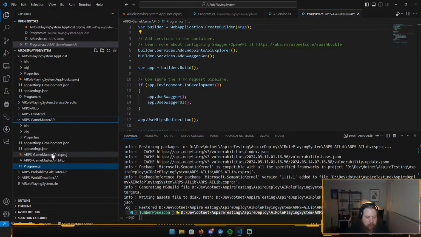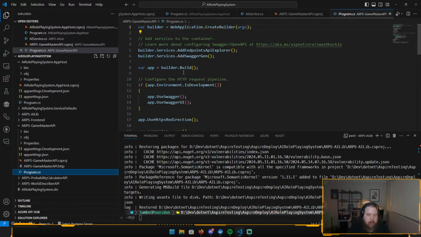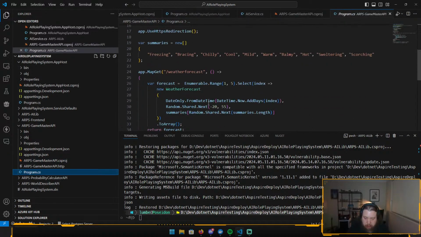So now if I go in here and I do project reference, include, and we want to say ALPS AI lib here. Now I shouldn't need to reference it in the outpost, it's just a code library. Alright, and then I should be able to